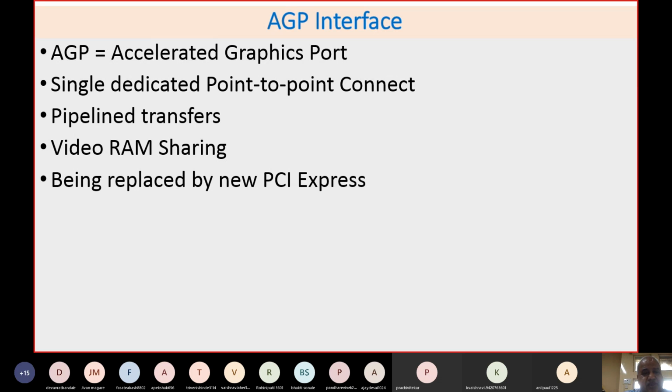AGP is now being replaced by the new PCI Express. Now this AGP is also becoming slow. You'll find that very few people go for AGP. Most people's requirements are satisfied even by using a PCI Express card, because this is sufficiently fast.